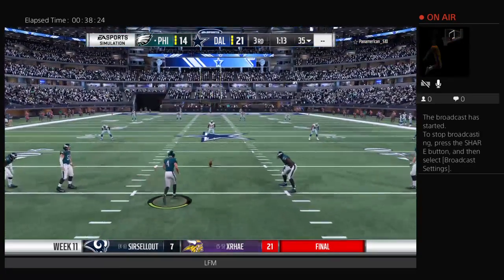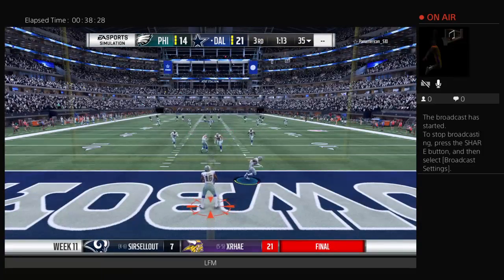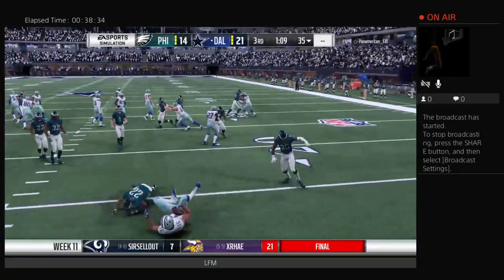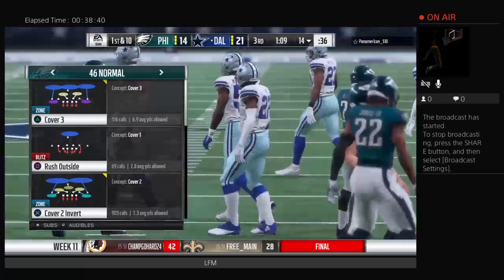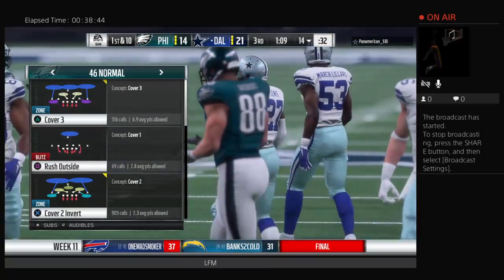Elliott now to kick this one away. That's fielded in the end zone. And he probably should have stayed in the end zone as he'll muster a return up to only the 14-yard line. Well, conventional football 101 tells us if you don't get it back to the 20-yard line on a kickoff return,